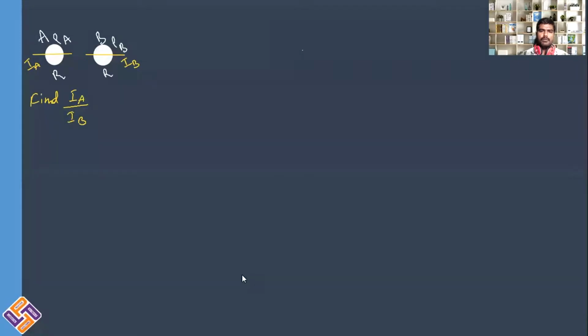So students, we have two spheres. These are solid spheres. Instead of giving their mass, they are being given to you as density. Density of the first sphere is rho A. Density of the second sphere is rho B. And radius of both the solid spheres is the same, r. For both, it is radius r.